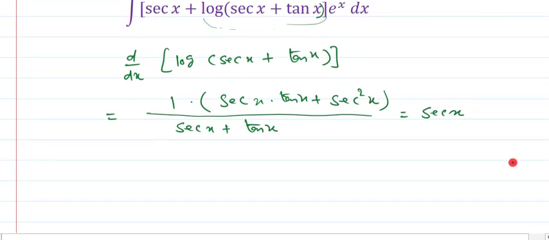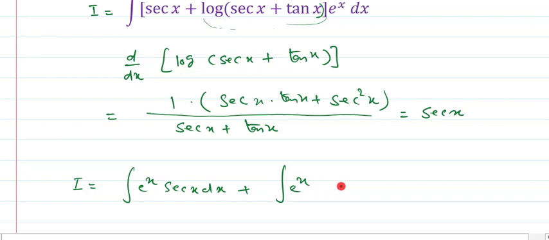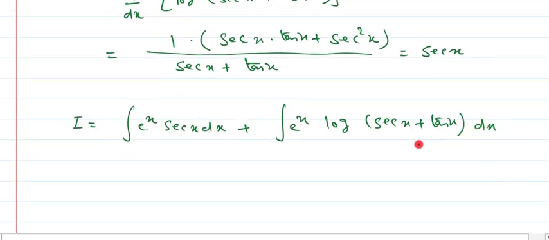Okay, so what to do? We'll apply the same. Let us name this as I. So I is equal to, multiplying e power x inside the bracket, integral of e power x sec x dx plus e power x log of sec x plus tan x dx. Now it is clear that we need to use by parts on this part because this is f dash x. So keeping this part the same, plus using by parts over here, this is the first function, this is the second function.